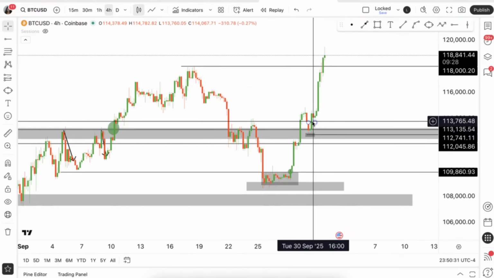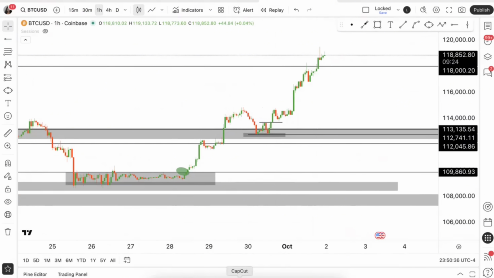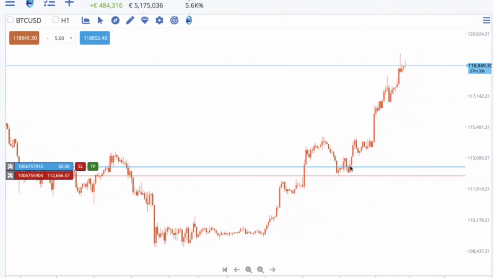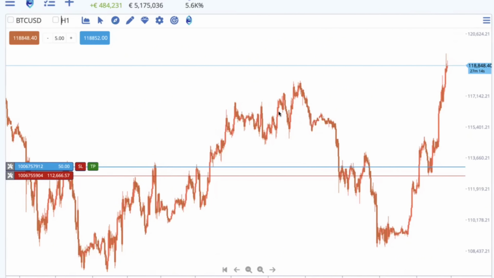Entry points, anything above this level. So my entry point, as we can see here, my entry point came from here. Whenever price ended up making this level of support and then price retested and started to push up, this is where I entered, because I saw that price was above that level on the higher time frame. So above here, this is where I was looking for price to be entering, because we have that previous reaction above that level, right?